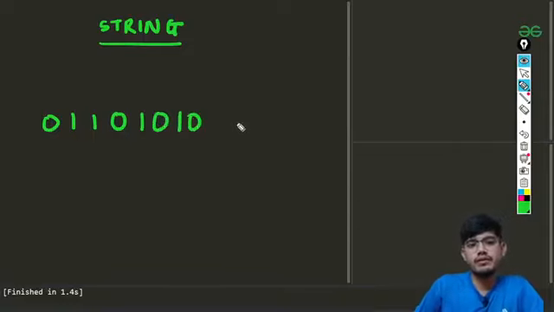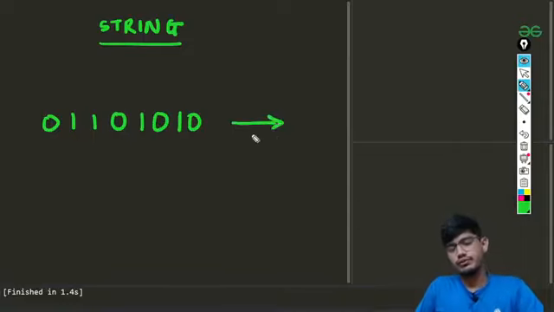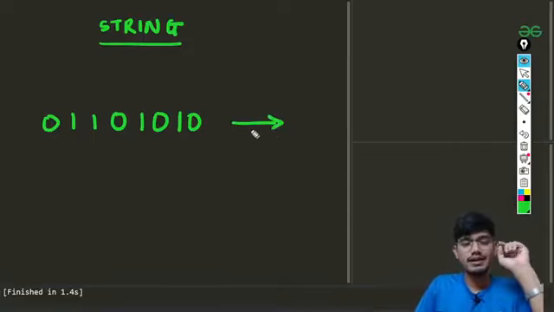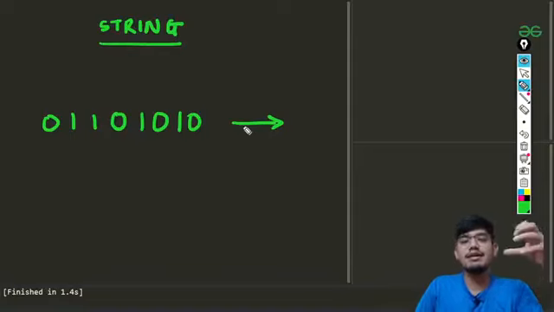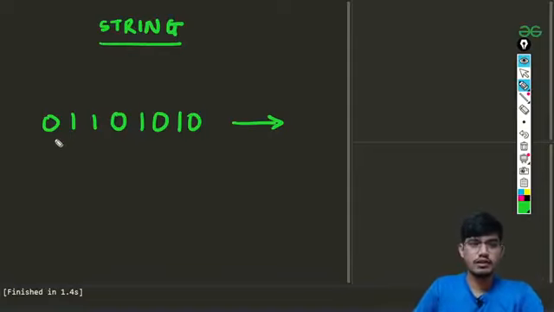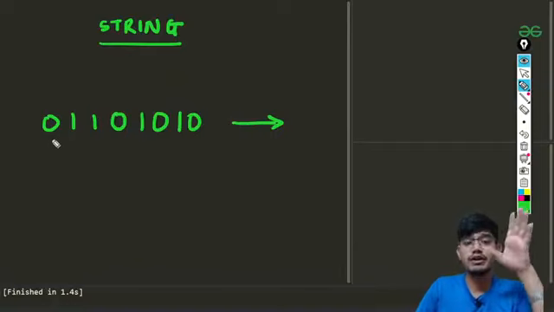Now we need to find the maximum number of substrings possible in which each substring has equal zeros and equal ones, and all the substrings should be contiguous.